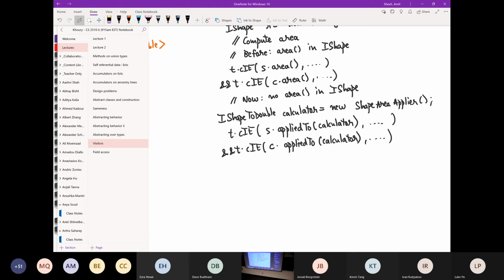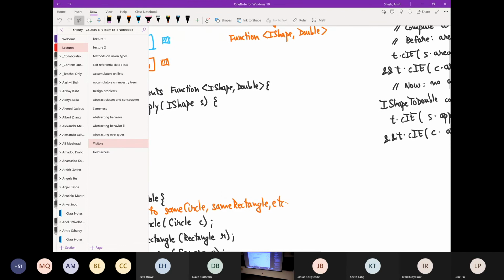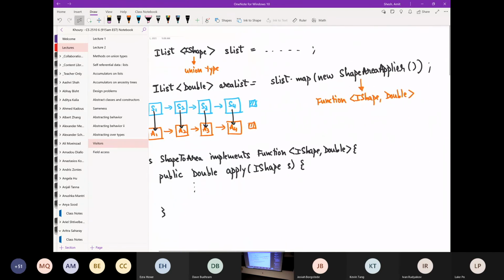But in addition to being able to convert one shape into its area, what I want to do is convert an entire list of shapes into a list of areas. And I already have a method that's empowered to do that, which is the map method. What I'm talking about is an IList of IShape to an IList of double. But the map takes in a function object. The way I've written it, it requires an apply method that takes in an IShape and produces a double. So in order for me to use the map, in order for me to use that object that I just wrote,